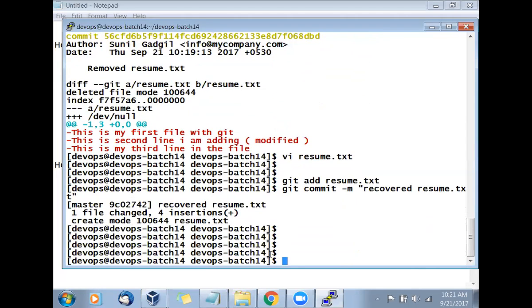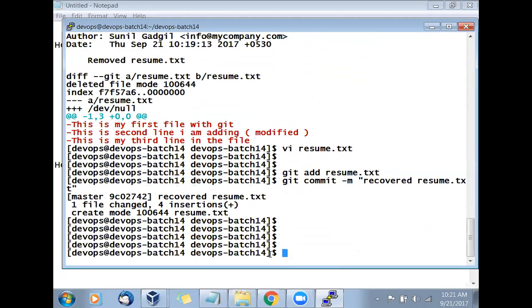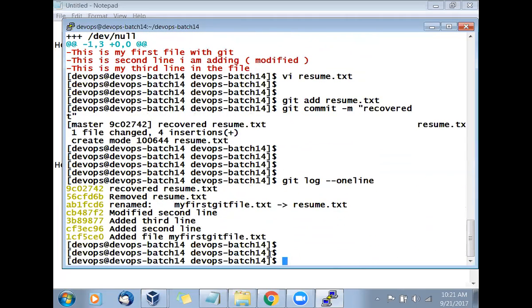So you got it. But this resume.txt is a brand new resume.txt. So I'll say git log --oneline. How we recovered, we know that. We say git show, copy whatever the deleted thing was, put it again in the file, commit, a new commit, and done. Right? So sometimes mistakes do happen. We do something. So how to recover, we should also know that.